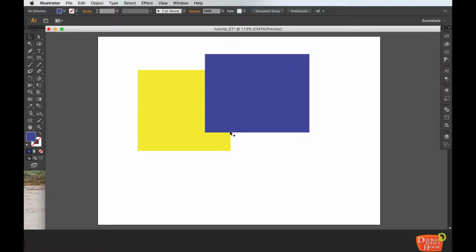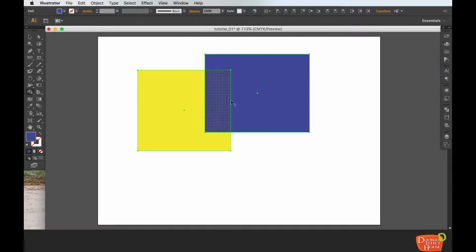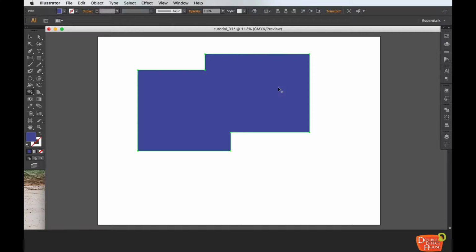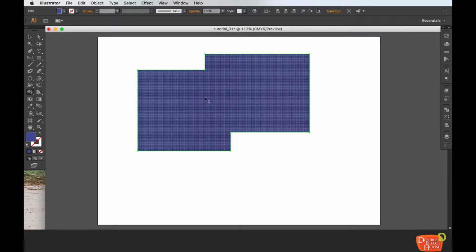So we just click with these two different colors. We use the Selection tool to select both objects. Then we click on the Shape Builder tool to unite them, click and drag to unite. But the condition here is, if you use two objects in different colors, when you unite, the color will change to the latest color that you